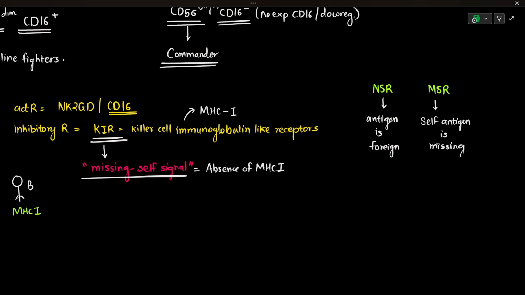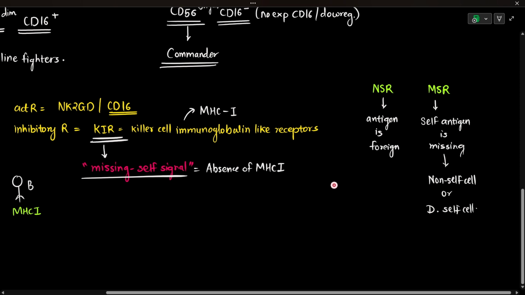If the self antigen is missing, it means that particular cell is either a non-self cell, or it is a self cell but a dangerous cell or a damaged cell. Okay, so that is why missing self recognition is very important for the natural killer cells,